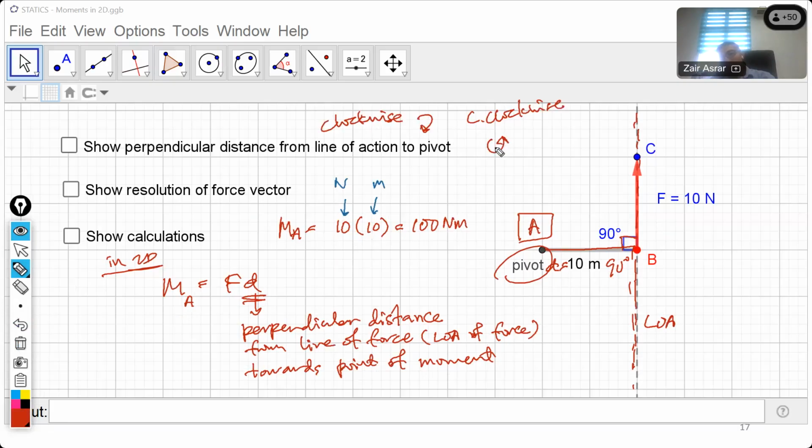Okay, so we have two options only, clockwise, counterclockwise in 2D case. So this is in 2D case. On this plane, we have two options, clockwise, counterclockwise. Picture in your head, we have this force F, and this force is causing rotational motion clockwise or counterclockwise about A. What do you think? Is it clockwise or counterclockwise about A?